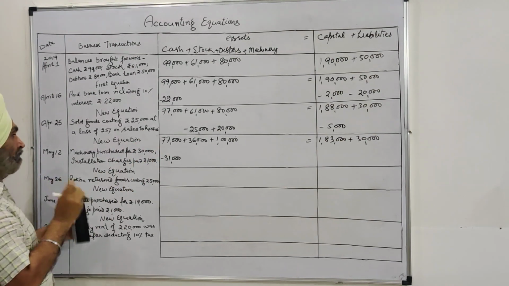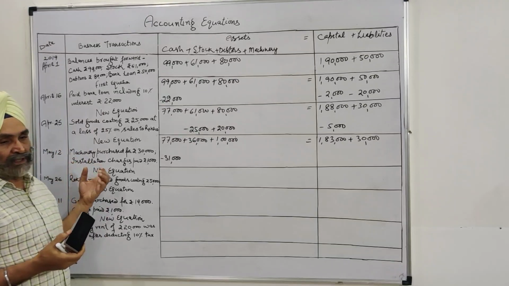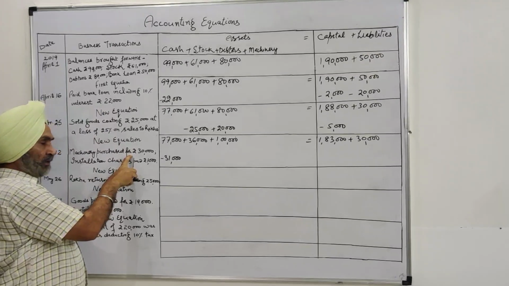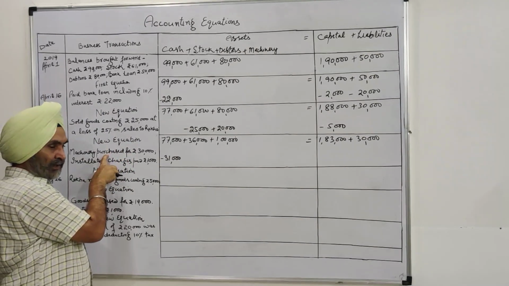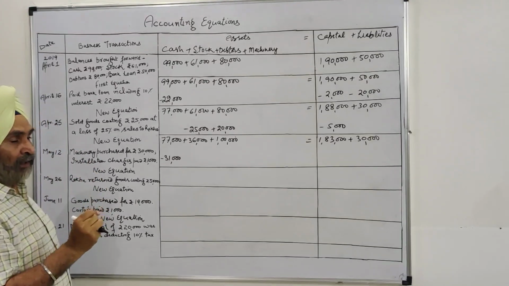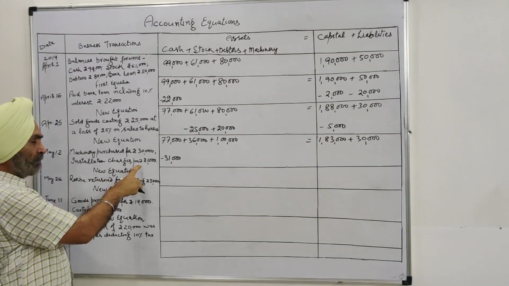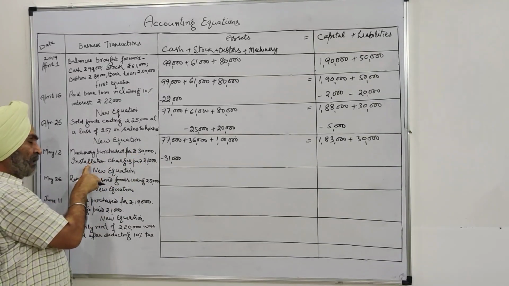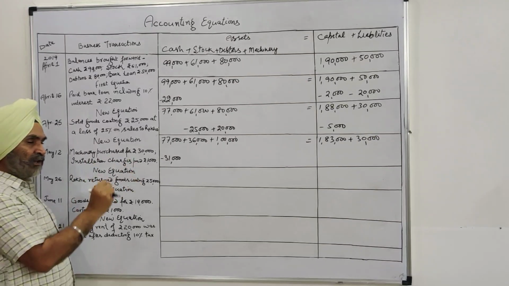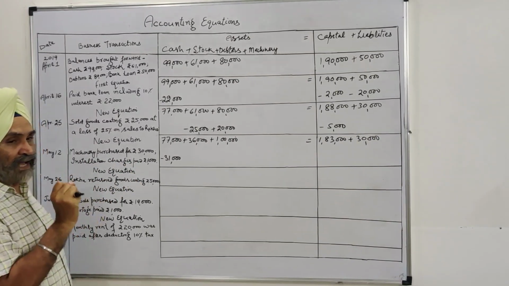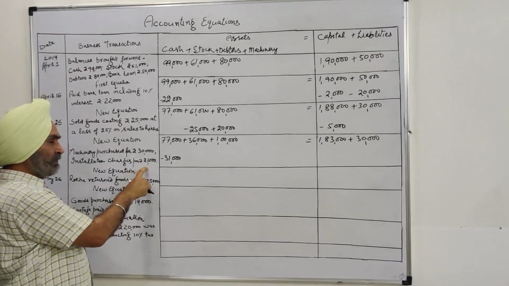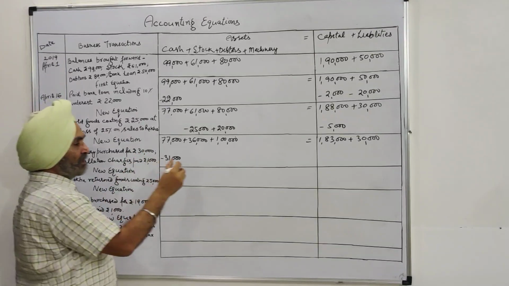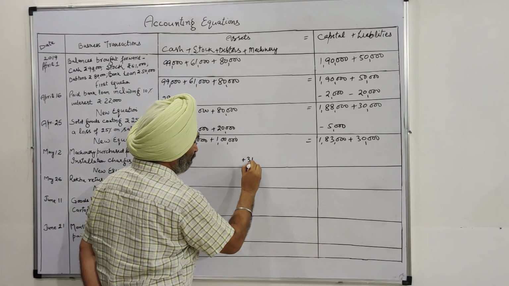And one thing more I may stress, whenever we purchase some fixed asset, any expense incurred since its purchase till it is put into use, all the expenses will be included in the cost of the asset. Whether these are cartage, freight, installation charges, whatsoever charges, before you put the asset into use, all expenses incurred will be included in the cost of the asset. It means our asset will be treated for 31,000.